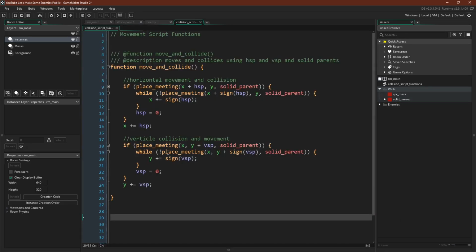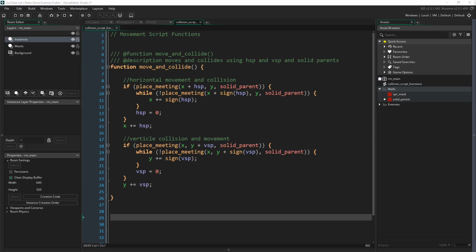So here's the only code we have in the project at the moment. It's a simple move and collide script. It probably looks very familiar as I'm using a script that is taught in a lot of different tutorials. We will experiment with different ways of having collision down the road, but I wanted to start with the simple and most basic one I could. We'll talk in greater depth